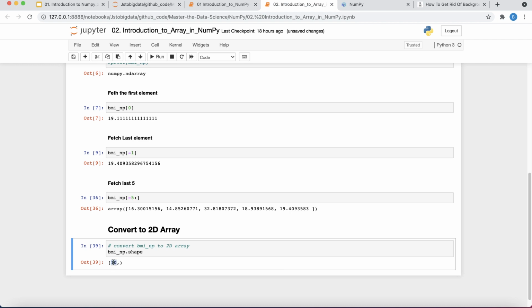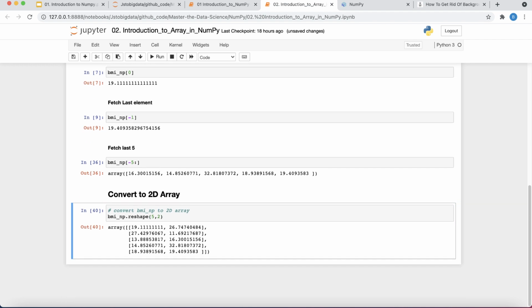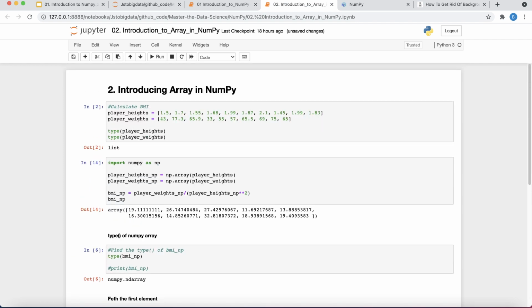Before that, let me check how many elements there are. It says there are 10 elements, in one axis. So to convert these 10 elements to a 2D array, I can use a function called reshape, and I will convert it into a 5x2 matrix. And this is what it is. Again, a matrix in NumPy is nothing but a two-dimensional array.